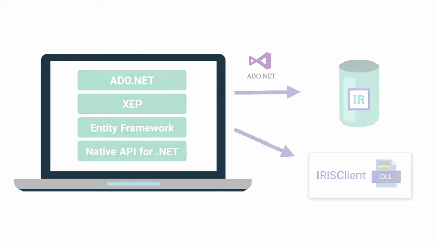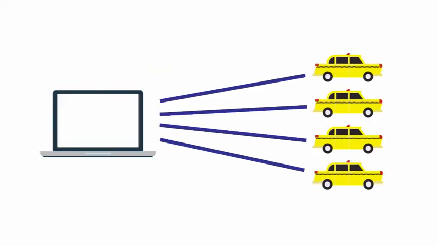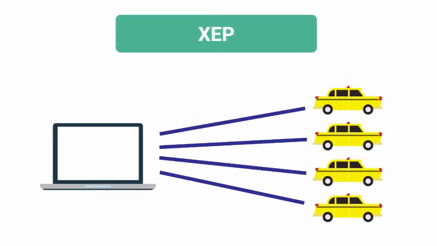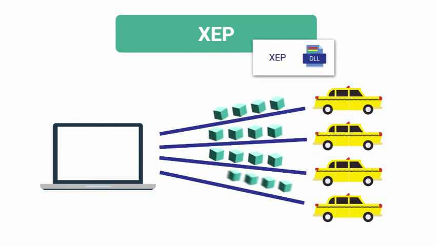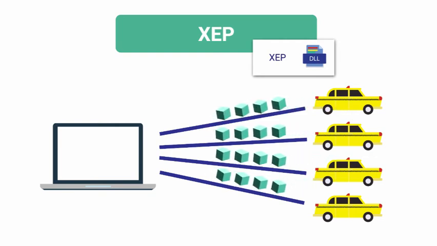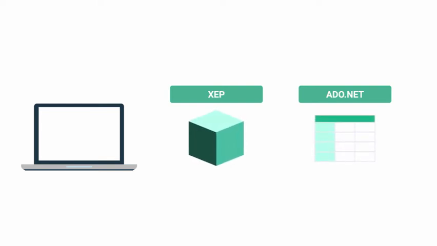Back in your application, another part of your code may be better suited for working with objects. For instance, ingesting real-time data from each taxi on the road. This is where XEP will be a great choice, as it is an API optimized for high throughput and extremely fast transfer of objects. An additional DLL file is required when using XEP, but with that reference, your application can process a high volume of real-time, object-oriented data for all of the taxis on the road. It is entirely possible that your application only needs one of these APIs, or perhaps a combination of ADO.NET and XEP cover your relational and object-oriented requirements.